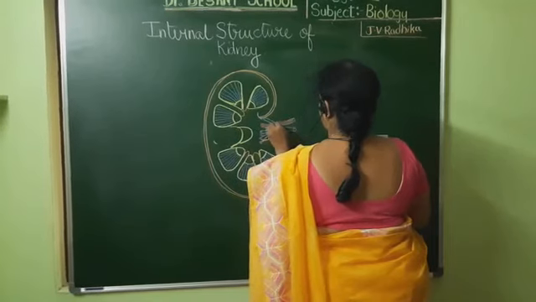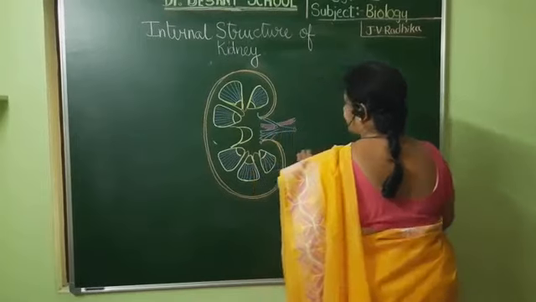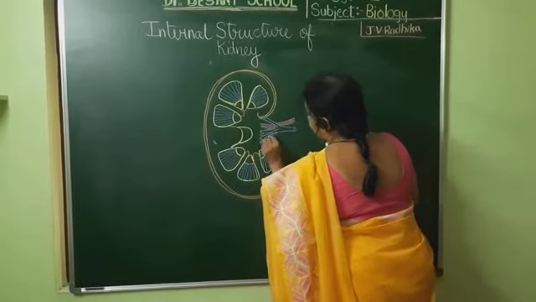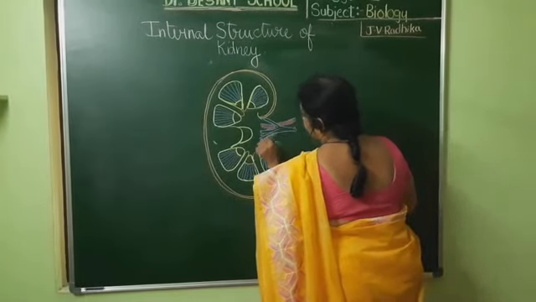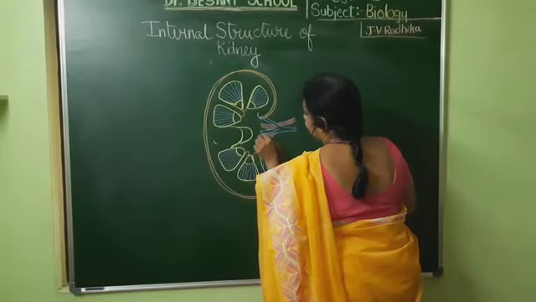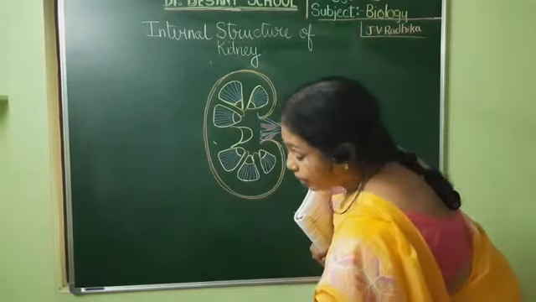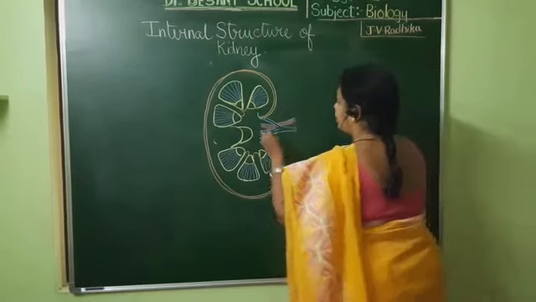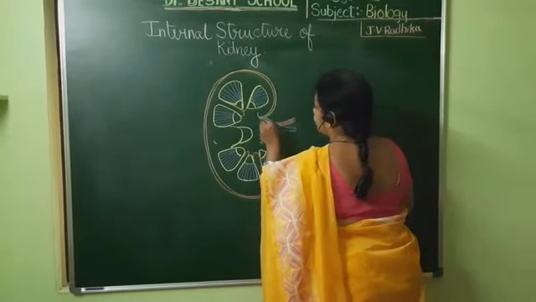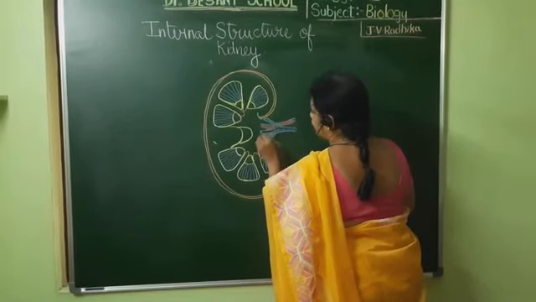Children, you may get a doubt why I said the renal artery is carrying the waste, but the artery is also carrying the oxygenated blood. That's why it is entering into the kidneys, whereas the renal vein is carrying the deoxygenated blood. We know that arteries carry the oxygenated blood and veins carry the deoxygenated blood. So like that also you can remember it easily.